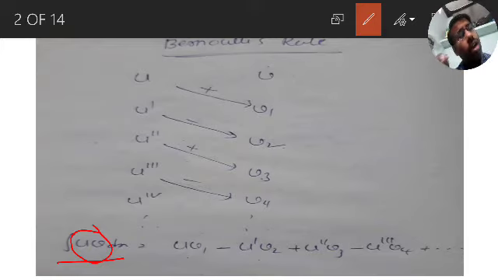I am only talking at a diploma level. If you want to evaluate the integration of a product of two functions, among them one is an algebraic function, not simply x but like x square, x cube, x power 4, x power 5, like that, then we are going to